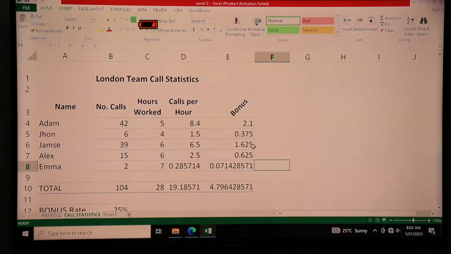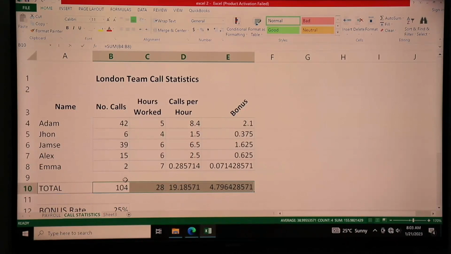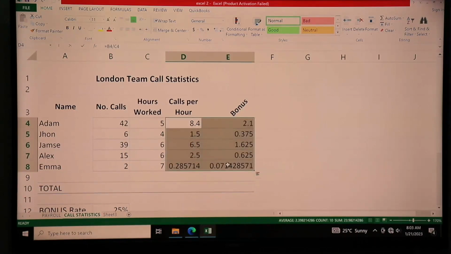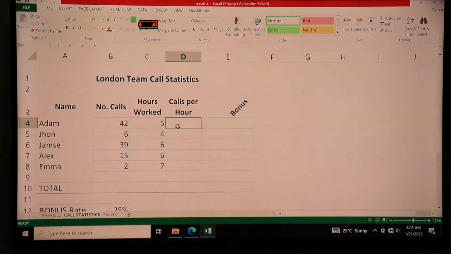Then once you get the file, you can open the file. So the working of the file is already done. But I want us to discuss that working of the file to see how these absolute references work. So you are going to select this data for totals, and then you press the delete key on the keyboard. Then you select the data for calls per hour and bonus. Then again, you press the delete key for those two. So that means you now have those two blank.